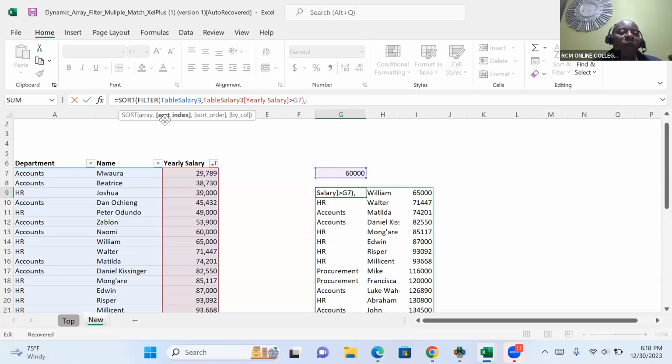Once I put a comma, they want me to give them a sort index. I'm sorting this salary, and the salary is column number 3. So I'll say 3, and then I say comma there. So remember now, if it is in ascending order, I will put +1. If it is in descending order, moving backwards, I'll put, they're even given here, -1. So I want this to be in descending from the highest to the lowest. So I'll come and put there -1, and then I should be able to come here and close brackets like